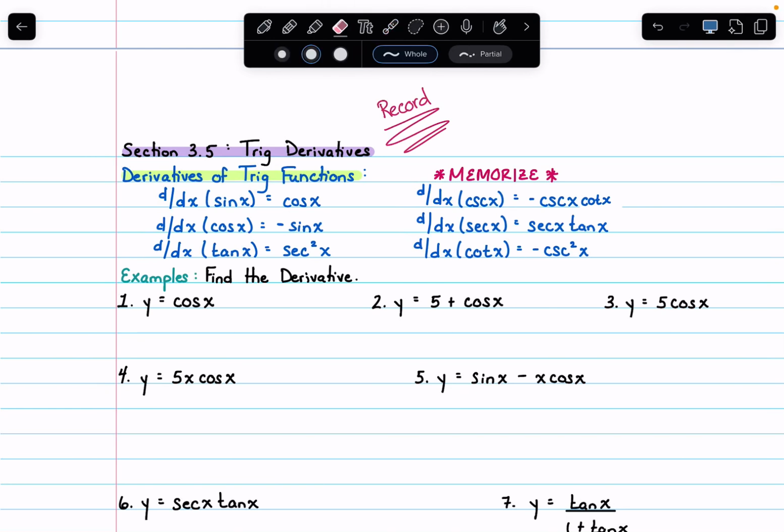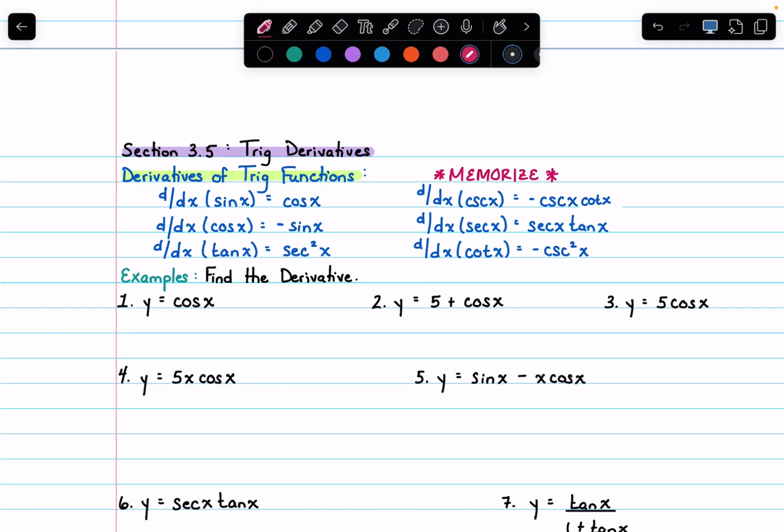We are going to go over trig derivatives, okay? So there's a big memorize thing right here. These are the 6 trig functions: sine, cosine, tangent, cosecant, secant, and cotangent, and their derivatives. The derivative of sine is cosine, derivative of cosine is negative sine. I remember that